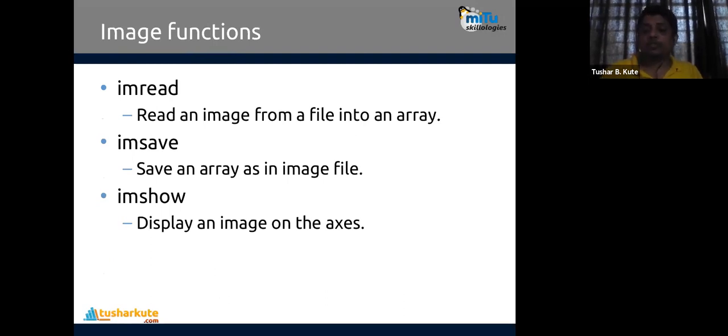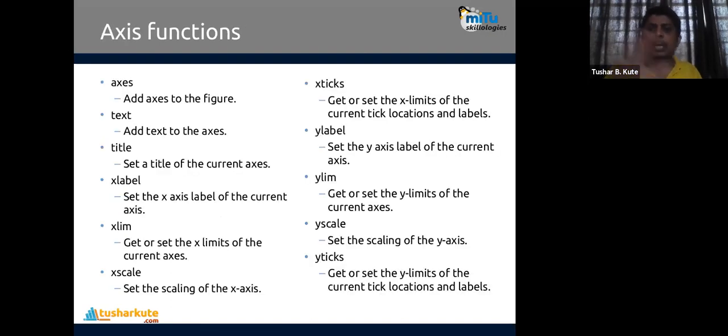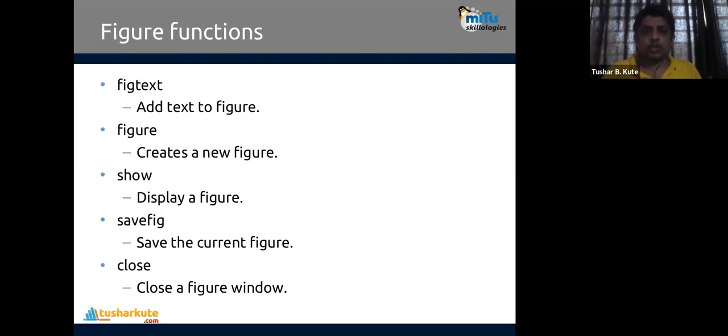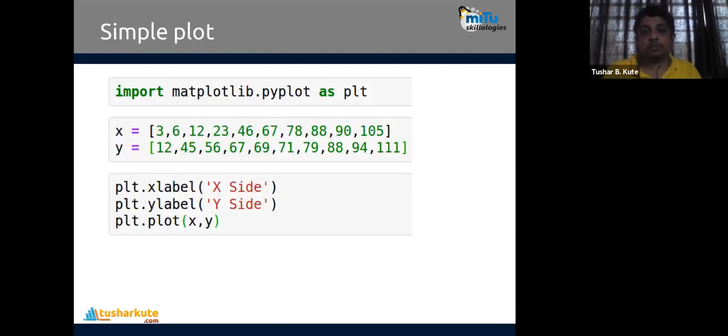And image functions. Not only graphs, but I can use image functions also. I can read an image. If you have worked with MATLAB, you might know the imread function. The same function is there, which we can use here in Matplotlib. imsave and imshow are also there to save the image or to show the images. All these operations we can do, and many access functions are there. I'll show all of them, and some functions connected to figures, like figure text, figure dimensions, showing the figure, saving the figure, closing the figure; all are possible here.